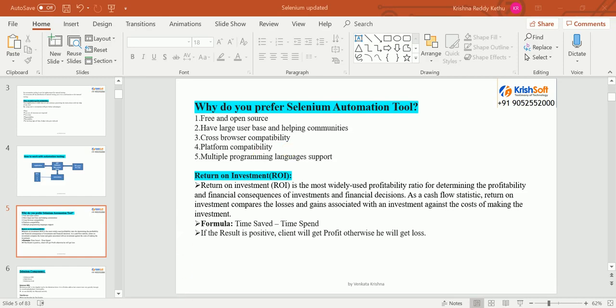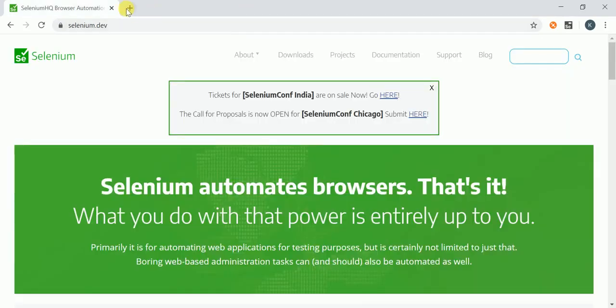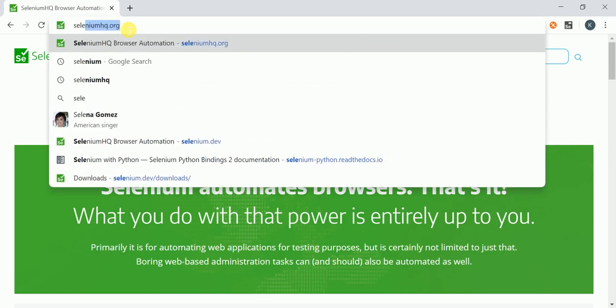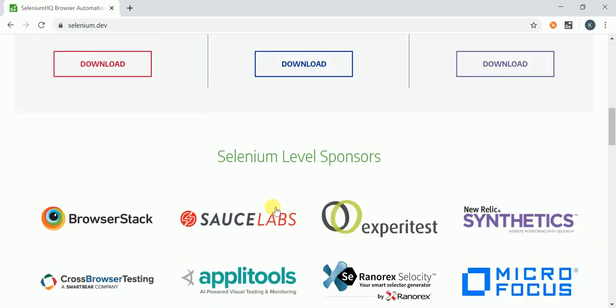All these details, you may get a question where I can find. You can find all these details in the Selenium site. Go to this site. This is the Selenium site. Earlier the site was Selenium HQ, seleniumhq.org is the site name. But now, in the last year ending or this year beginning, they have redeployed the site into the selenium.dev website. Here you can get all the details.